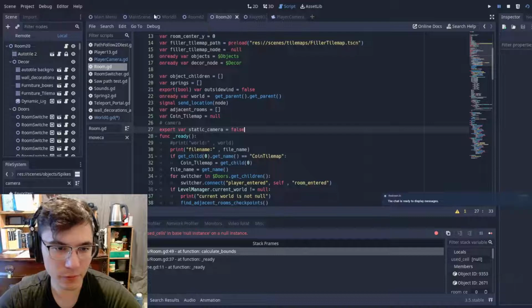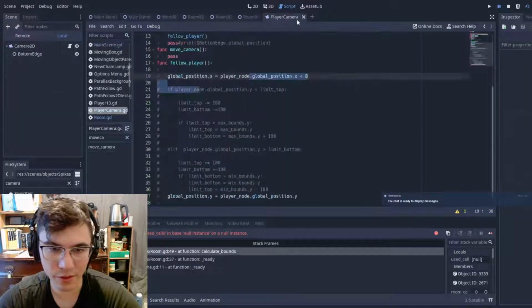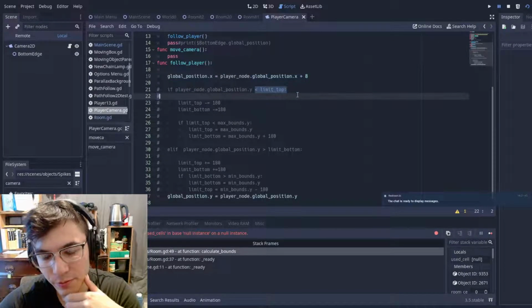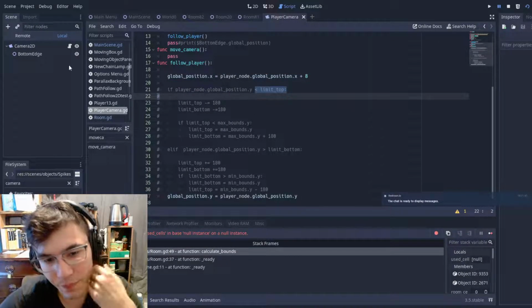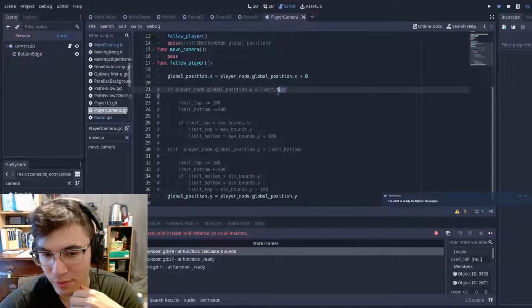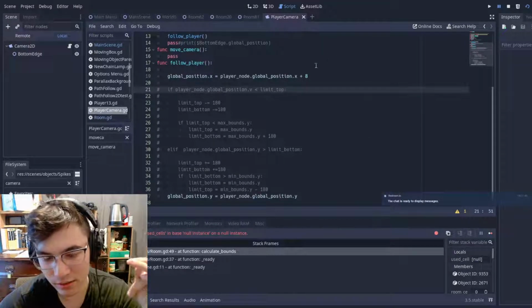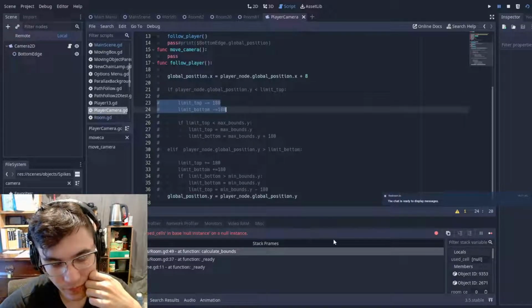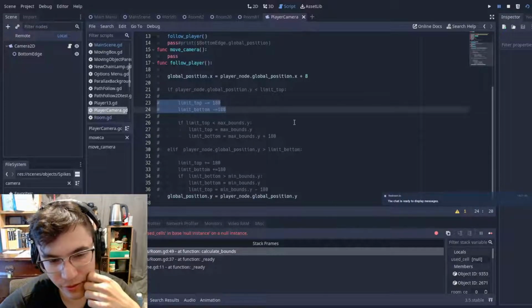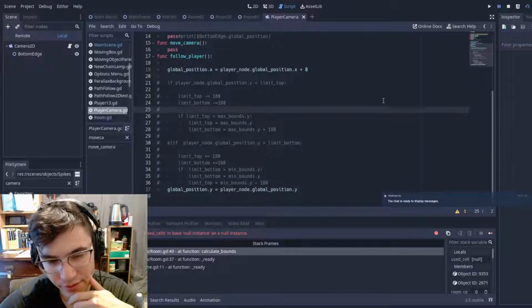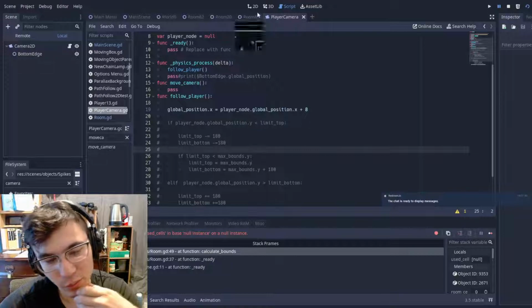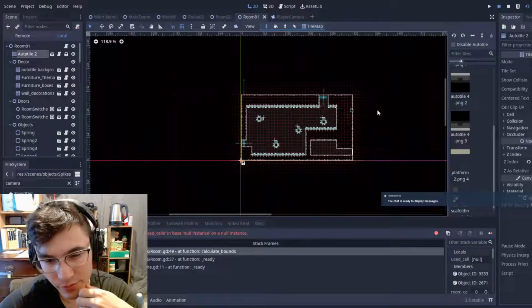If we enter a room, we'd set our bounds to whatever we were closest to. So if we were closer to the bottom limit, we would just set the top limit to equal the bottom limit minus 180, like right here. We wouldn't be able to create rooms that started at the center, but I think that's fine, at least for now. But we'd also need to make sure that all of our rooms are